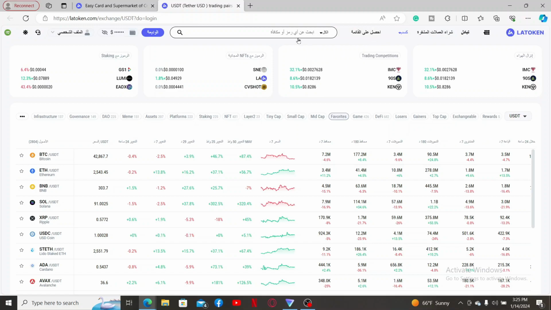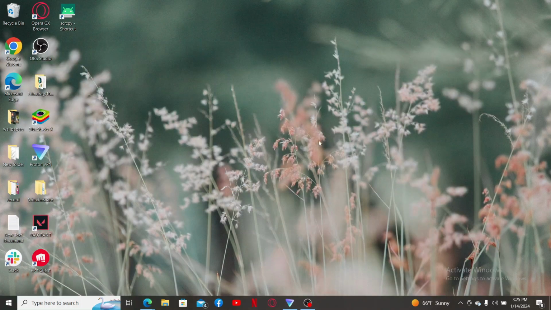for your LATOKEN account. So that is how you can easily change your language on LATOKEN with a few simple